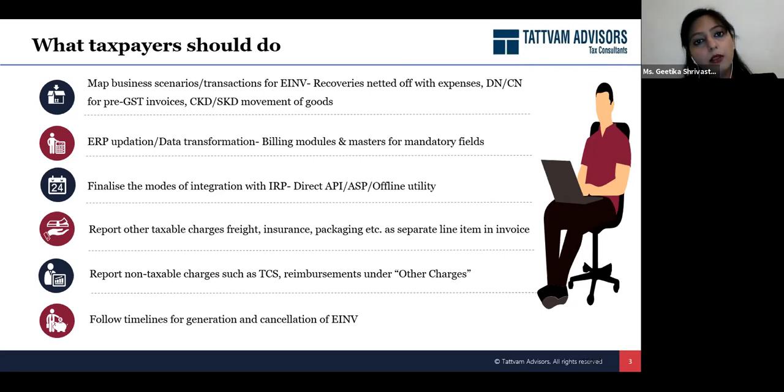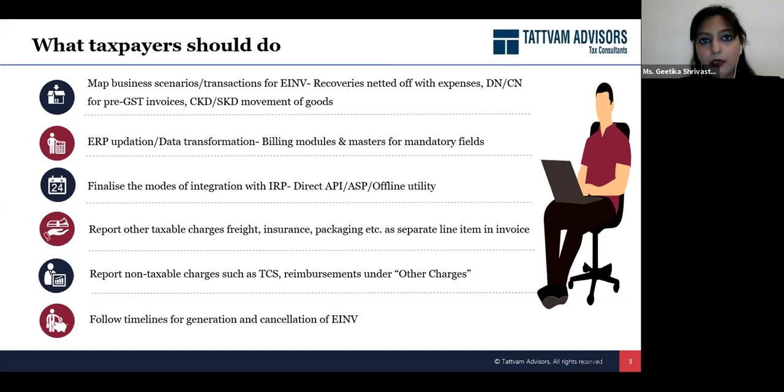You can show all these line items as a separate line item in your invoices and send the entire data to the portal for the generation of e-invoice. So it's not that these are other charges and you need not send them onto the portal. All this needs to go to the portal, because for the purpose of GST, we are treating this as a part of supply of goods. These are incidental to the supply, and the tax is also being paid accordingly.